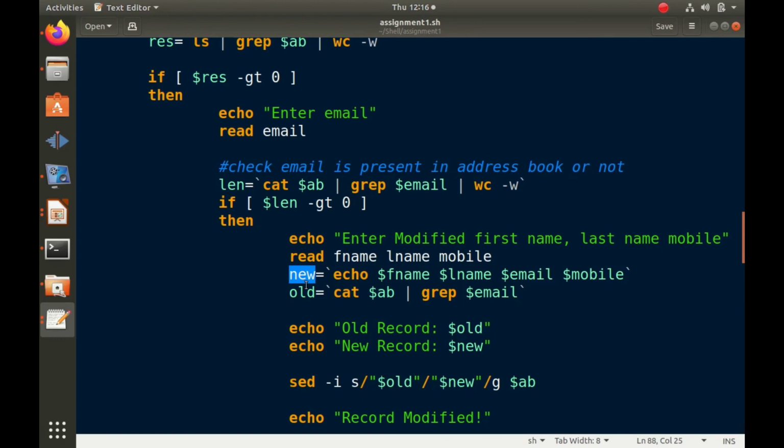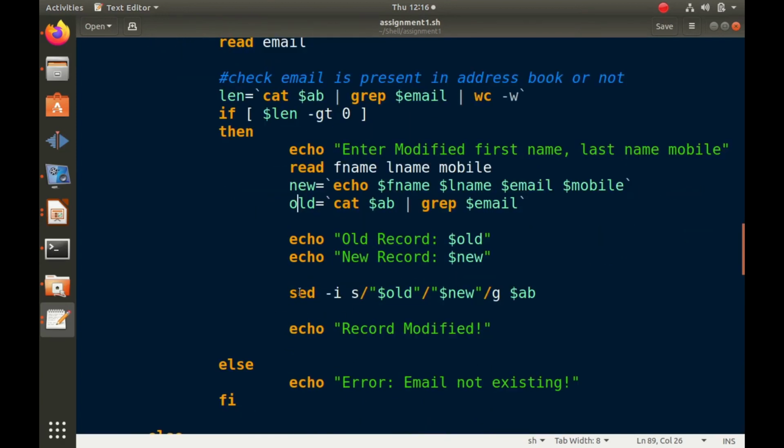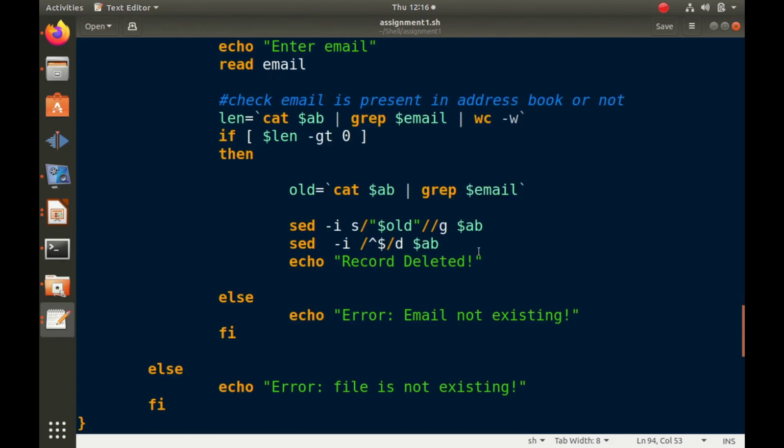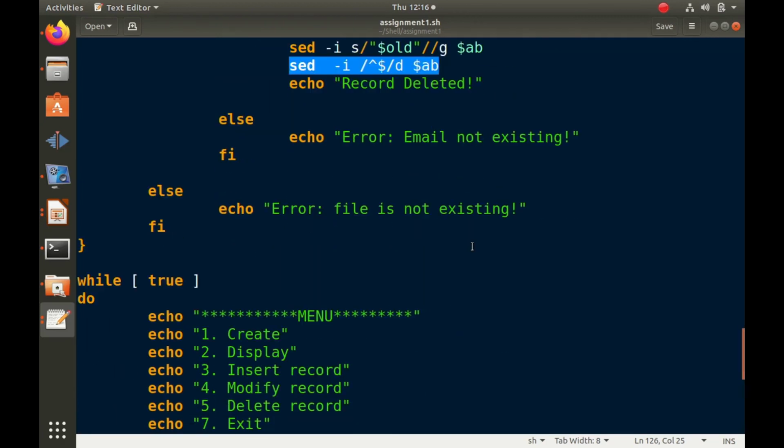Then store new data into new variable, old data into old variable, and use sed command to replace old with new. So this is the command to replace. And in delete, we are replacing this old data with a blank line, and this blank line we are deleting here. So in this way, the modify and delete functions we have studied.